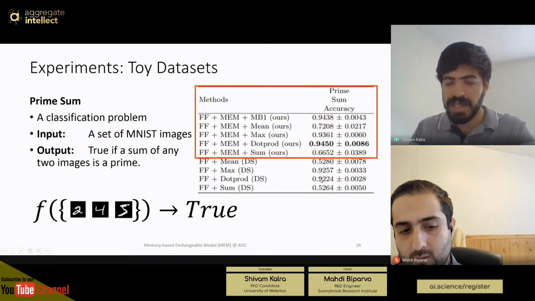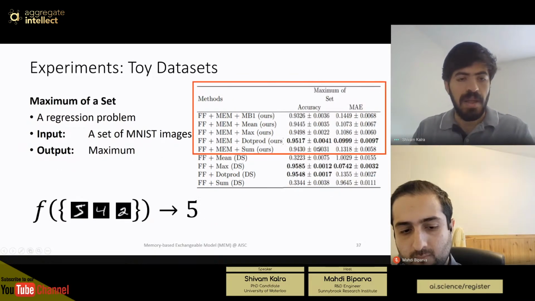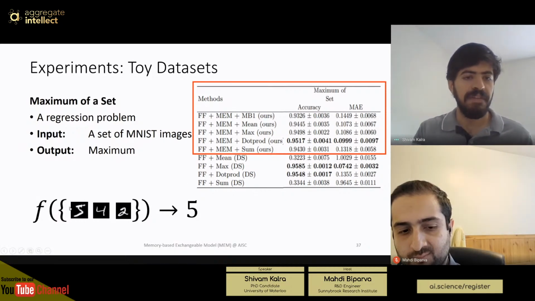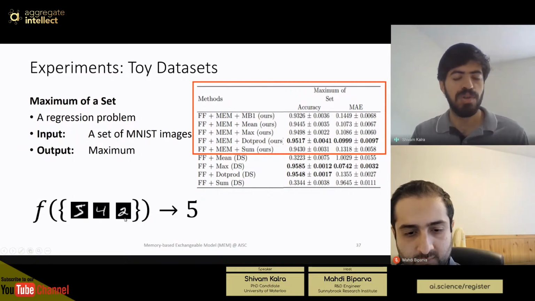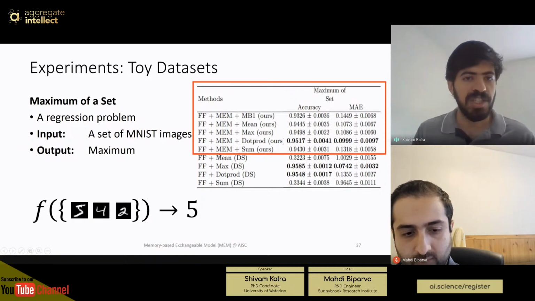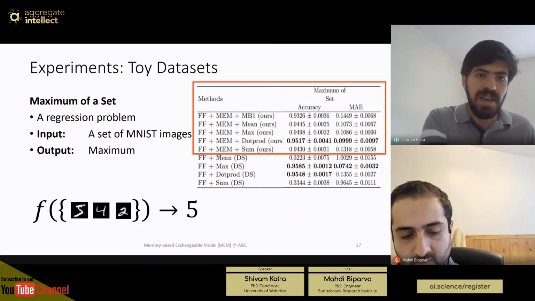And the best that we could achieve for the deep set is around 93 or 92. The next we did is sum of a set. So this may not require too much attention, because you're simply finding a single element inside the given set of images. So if you're given 5, 4, 2, you are just finding or regressing to 5. So this does not require too much attention. It does not require interactions within the elements, and it requires to only attend single